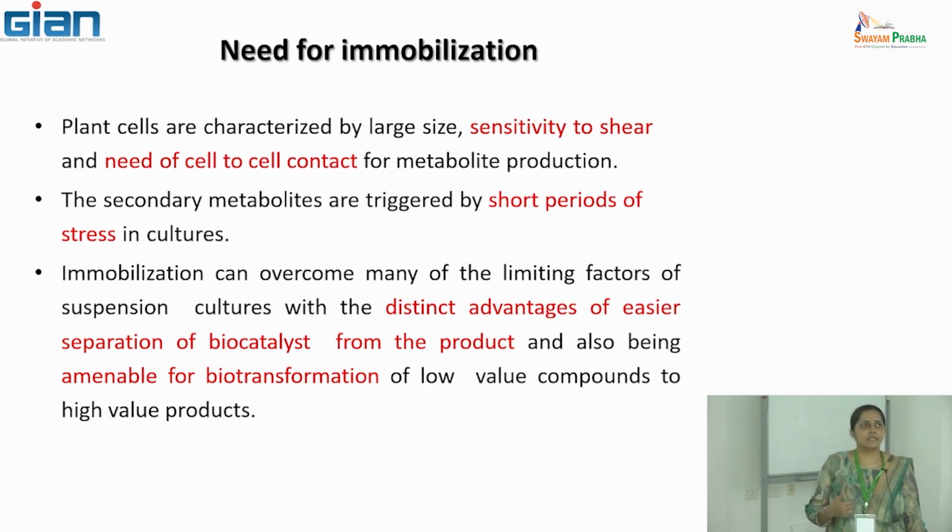Now, we know that they are relatively shear sensitive. There is also a need for cell to cell contact. I was mentioning that sometimes you will observe in the lab that the finer the cell suspension, the more the product yield is compromised. So sometimes we try to make it a two-stage cultivation process, where in the first stage you try to maximize the biomass productivities,